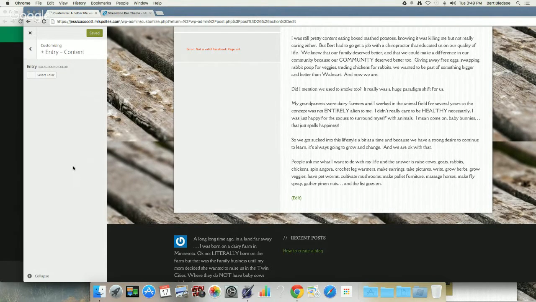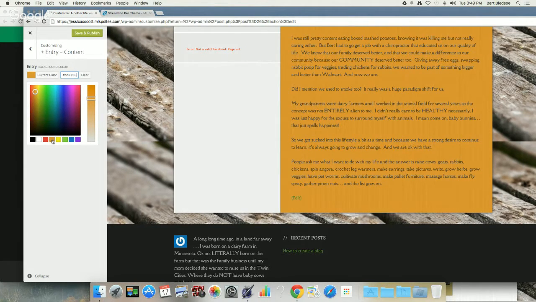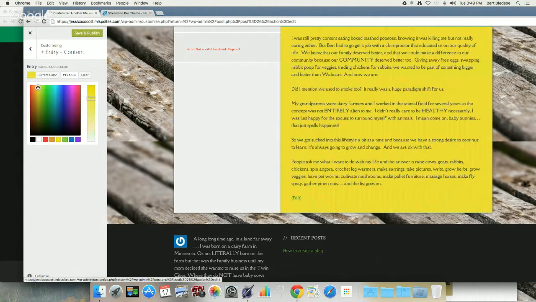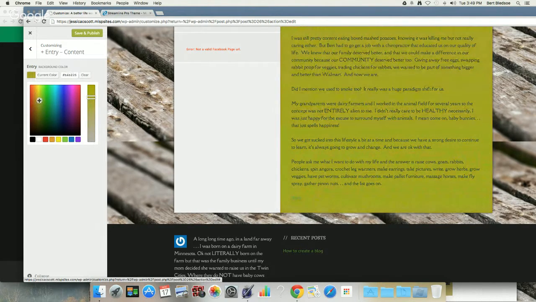Okay, so this is our entry, custom entry. So this is our content. So I'm going to see if I can't pick a different background, and let's see, oh yeah, so there we go. So we could actually pick a background. We could have more of a yellowish background, more of a brownish, right? So we could pick a brown background,